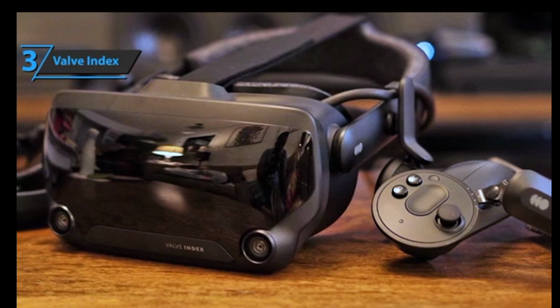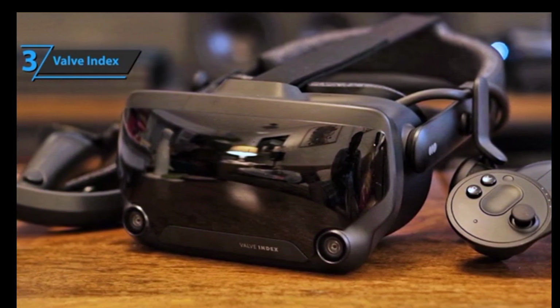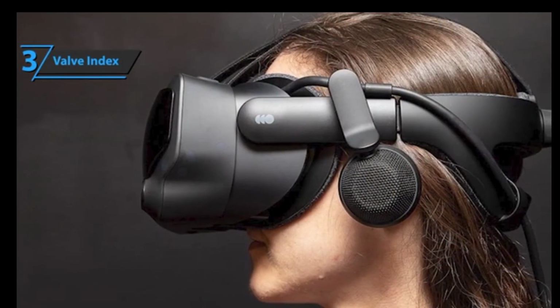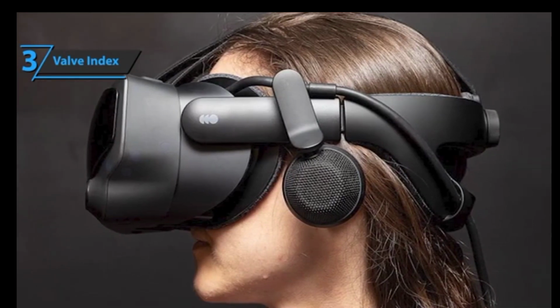Likewise, the field of view is 20 degrees larger than that of the HTC Vive and Oculus Rift. On the sonic front, the speakers will not touch your ears at any point to give the feeling that what you hear is part of the environment. This will also ensure greater comfort, lower temperatures, and of course, everyone will be able to adjust them as they